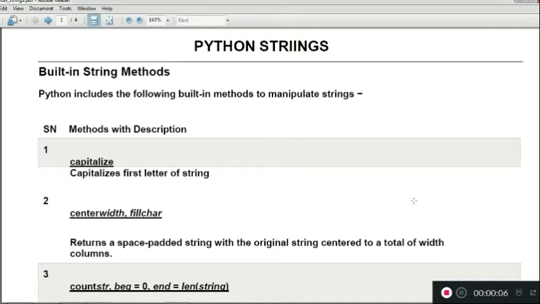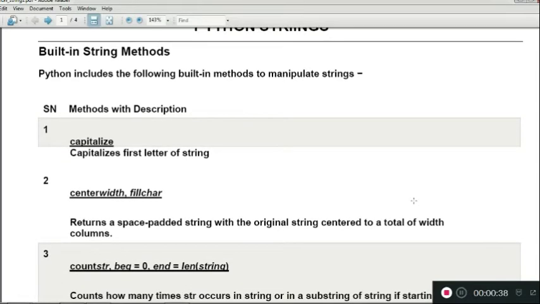Today I will tell you about the string method. Actually, it was the built-in string method because it has already been included in the library. We only have to know how we can use it. So there are some methods given here, and in this video I will tell you about all the methods which are used for the string. So let's watch the video and enjoy it.